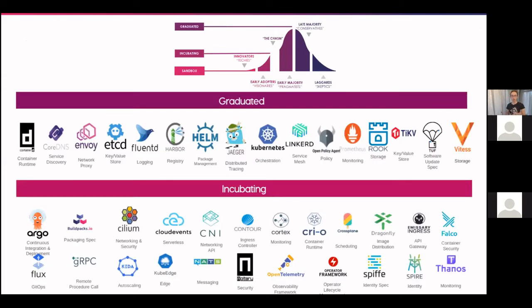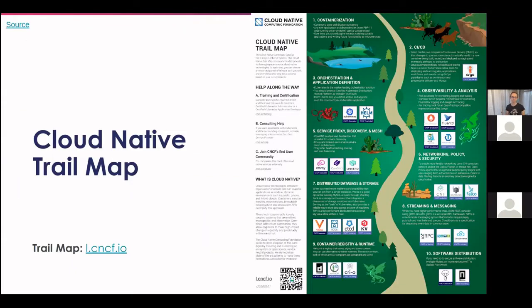And there are quite a lot of CNCF projects now that are graduated. I can't count them all here, but more than 10, I think, at least. And then there are quite a lot of these incubating projects as well. And even more on the sandbox level, the most early stage, try-this-out thing. But if this still feels overwhelming, then the CNCF has also made this trail map